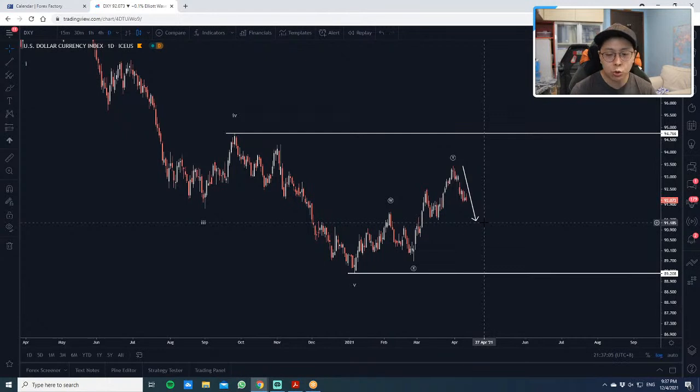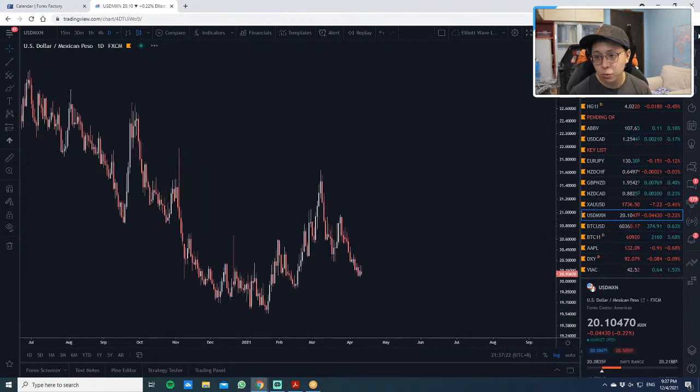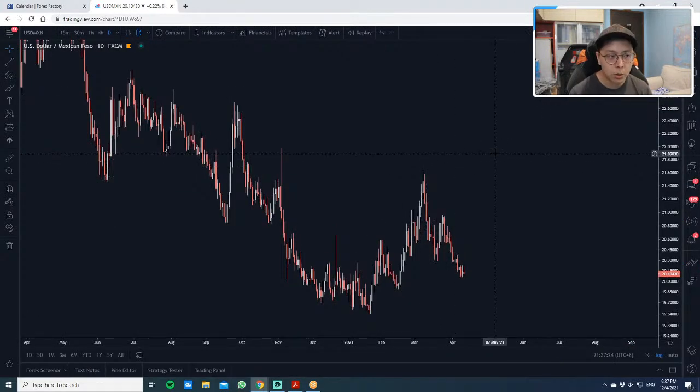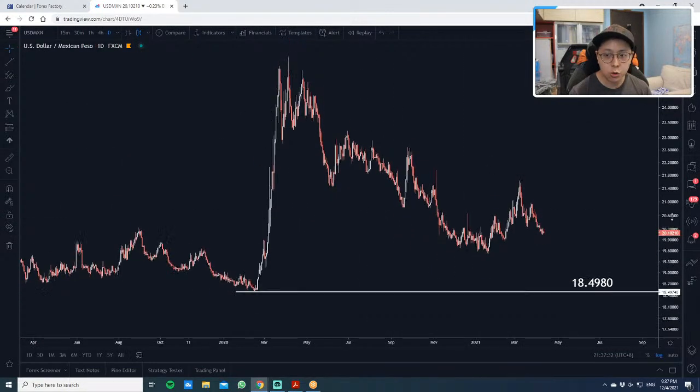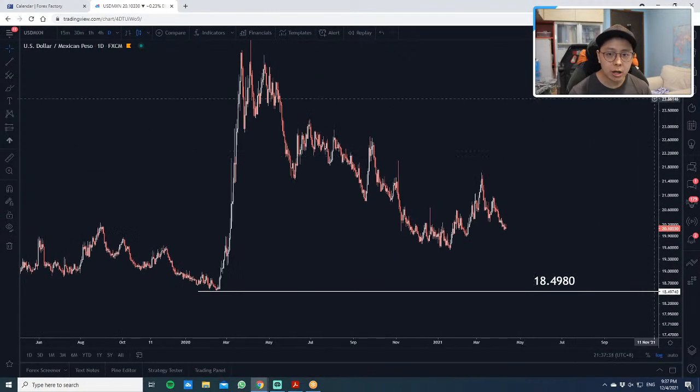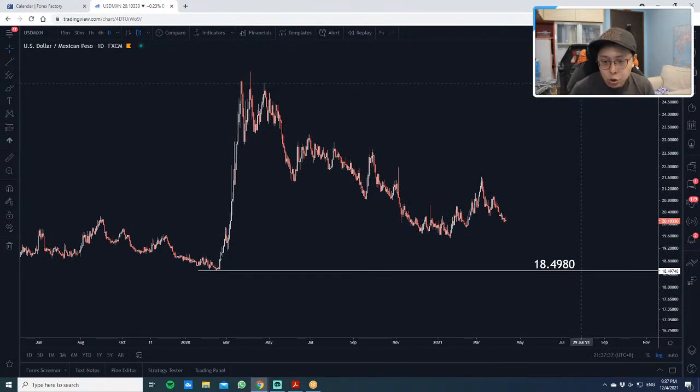And for us, what we are doing over here is hedging against commodities. Gold, silver, copper, those are the three commodities that we are heavily looking at. You can also hedge it with another FX. And over here, if you want to hedge against another FX, I would strongly recommend you guys consider looking at the Mexican peso. Now, this is not a very commonly traded pair, but if you want to hedge against the dollar, which means you want to sell the dollar and then buy the peso, in other words, hedge against the devaluation of the dollar,